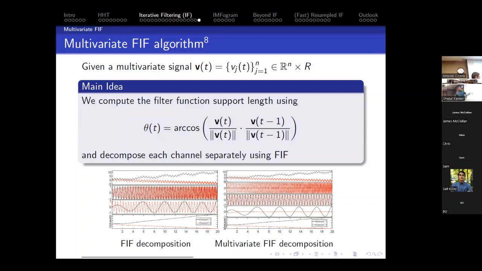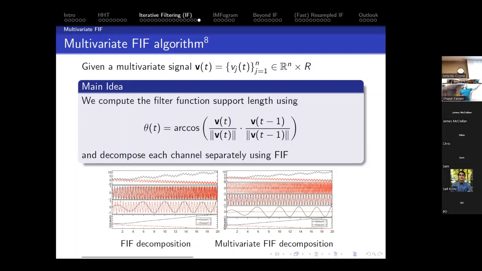You can always run decomposition in parallel where the two channels decompose, but then since these techniques are data adaptive, the IMFs you're going to produce are going to contain different frequencies. So the first IMF in red and the first IMF in black, they don't have the same frequency, okay? And similarly, the second IMF, okay? And the third is just the trend. Why? Because the two channels contain different ranges of frequencies.